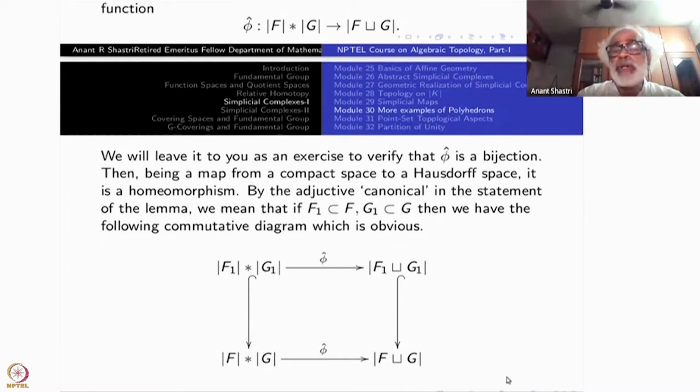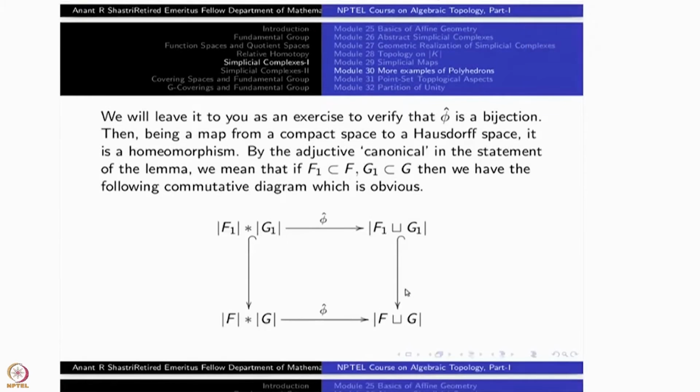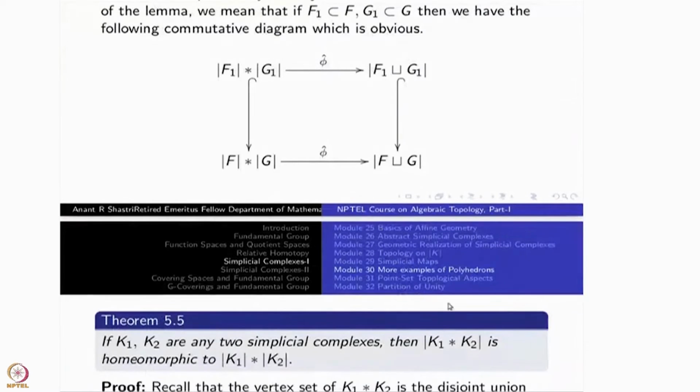This diagram is commutative. So the structure here, phi hat, is the same thing as here, because they are given by the same formula, t times alpha plus 1 minus t times beta, whether you are here or here. That is the meaning of this. But this is an important property. All right, so that's why I mentioned it.